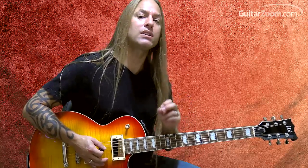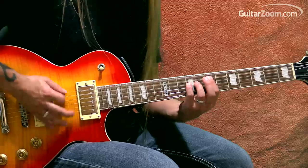It would be something that would be easily identifiable, as with a lot of the Sabbath songs, and so many artists are. So it's important to think about that. You're not just playing chords, but you're trying to create some sort of melody or some sort of motif, it's sometimes called, where people would go, oh, hey, I know that song, right? So then we're moving from that into a section where somebody could sing over the top, and that's where we're going...